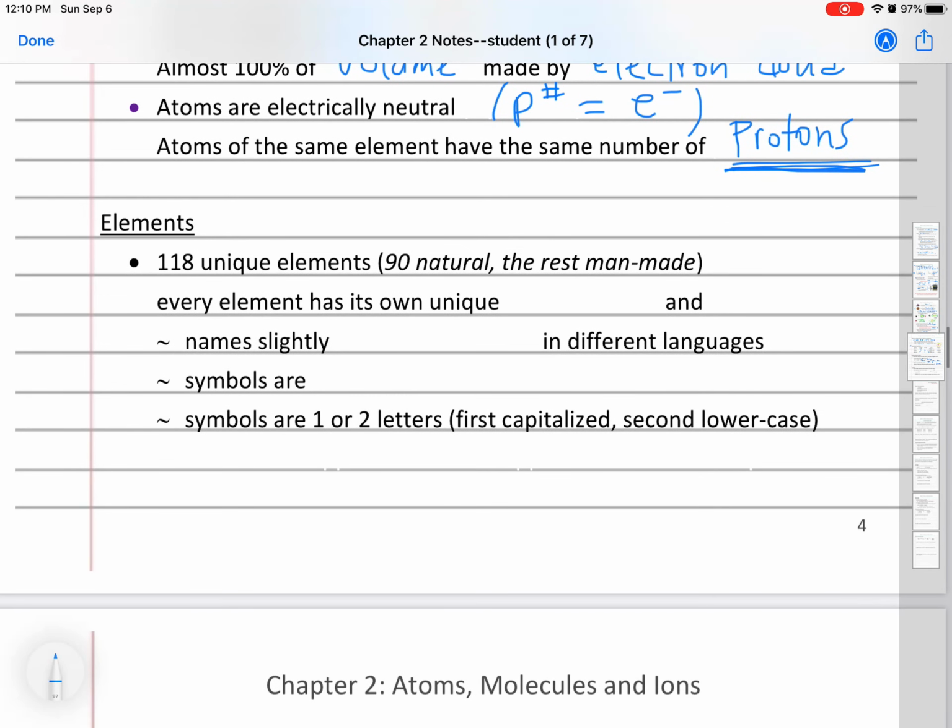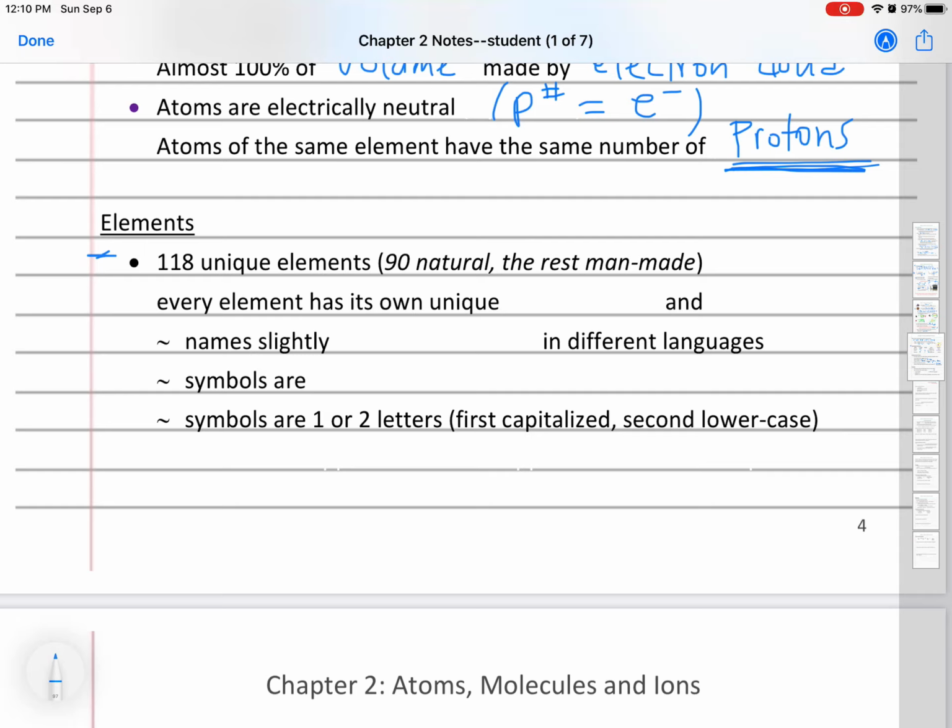Now, when it comes to elements, we can find these on our periodic table. There are 118 different known elements on planet Earth. 90 of those occur naturally, but the rest of them are actually man-made. They've been made in a lab by bombarding atoms together and fusing them together. Some of them have only existed for like a millisecond inside a machine. So, I don't know the importance of some of those higher number ones, like 116, since it only existed for a millisecond. But it's a relatively small number of elements that make up the entire world.